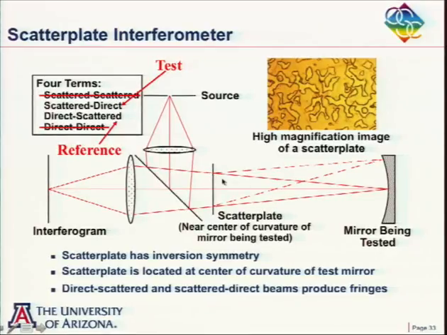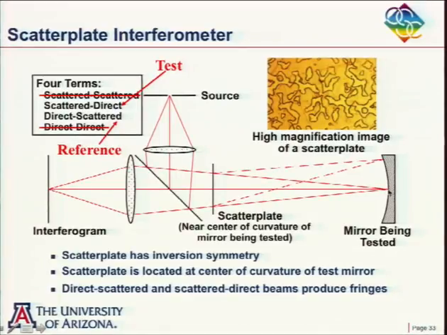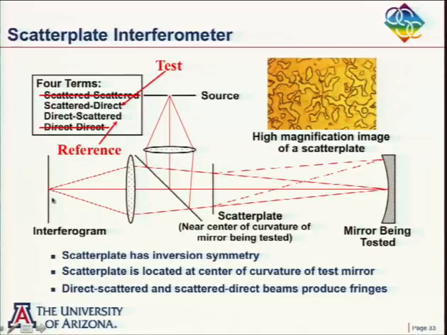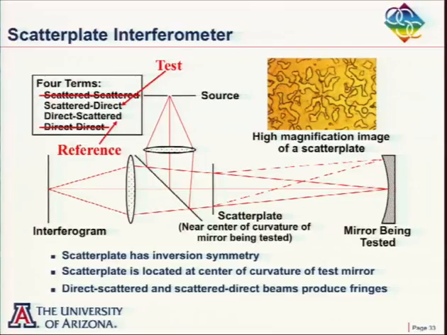Now my direct scattered beam will be the reference, because if you think here for a second, the light is coming to focus right there. And any errors in this surface, it doesn't see. It's just seeing a little bit of the mirror, and it will come back here and be scattered a second time. So it does not see any of the errors in the mirror, and so that will be my reference beam. And so back here, the interference of what I'm calling test beam, scattered direct beam, and the direct scattered beam will give me an interferogram that's essentially the same as what I would get with a Twyman-Green or a Fizeau type